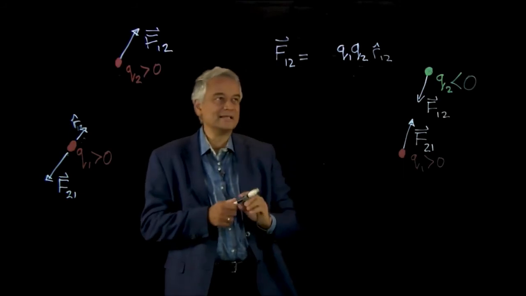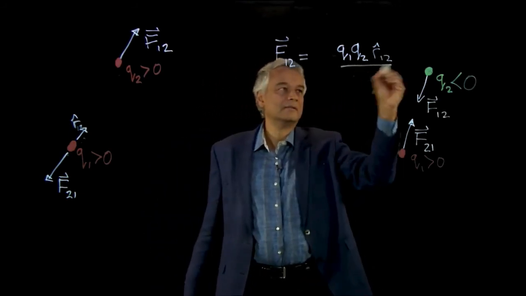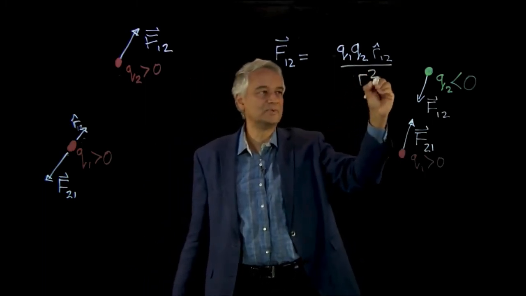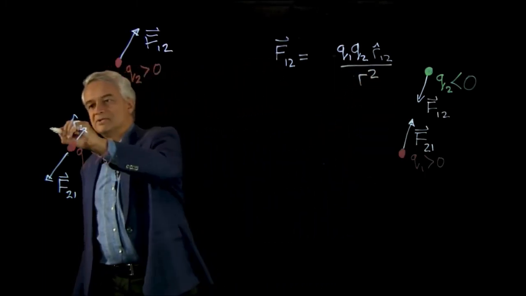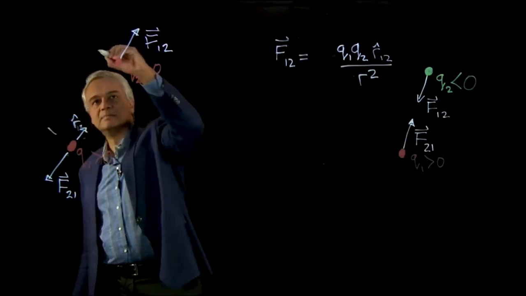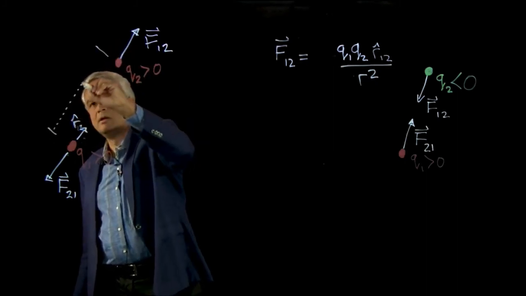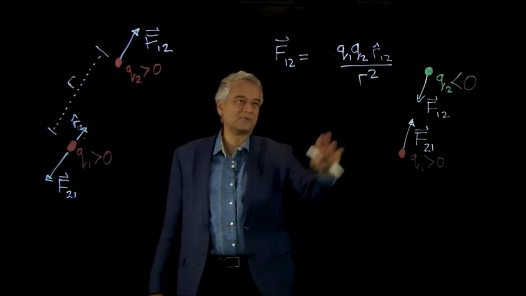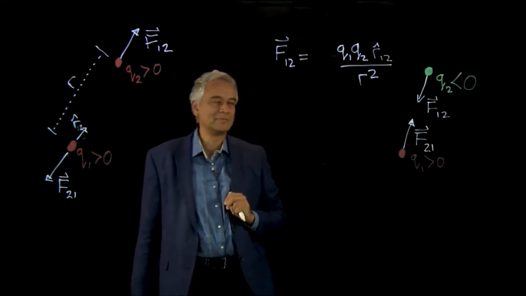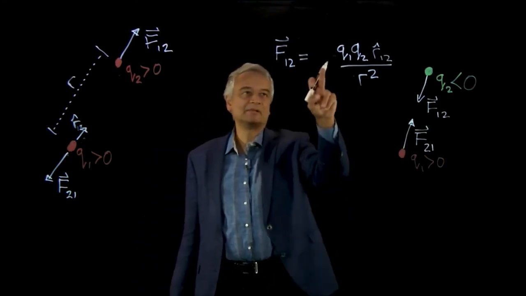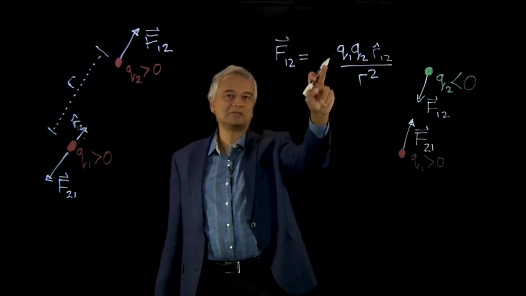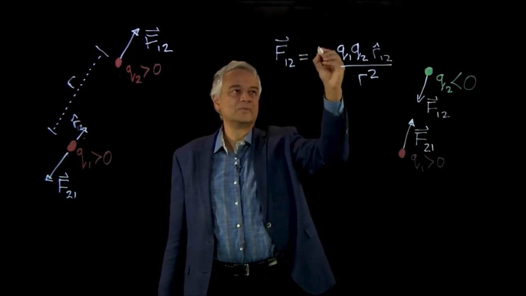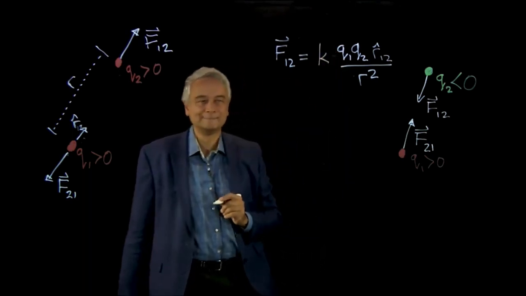And then, just as in gravity, the strength of the electric force falls off like 1 over the distance between the two charges squared, where this distance r is the distance between these two objects. So the farther apart they are, the weaker the force, and the force falls off like 1 over r squared. And then the last thing is we need a fundamental constant of nature. For gravity, the fundamental constant that went here was called Newton's constant. There is a different fundamental constant of nature that goes here, which we are going to refer to as K.